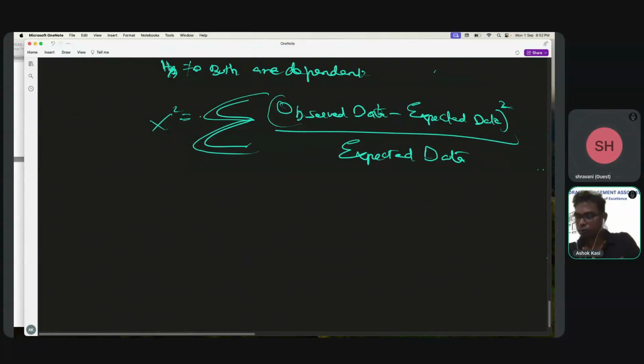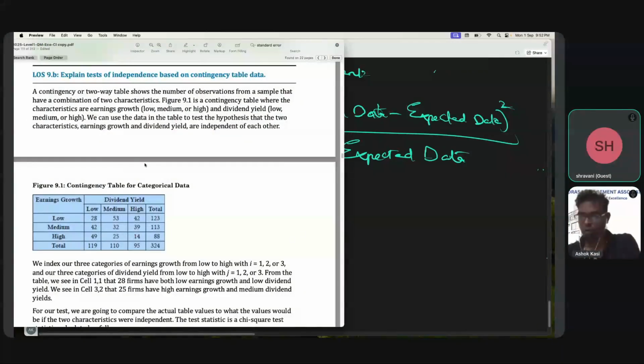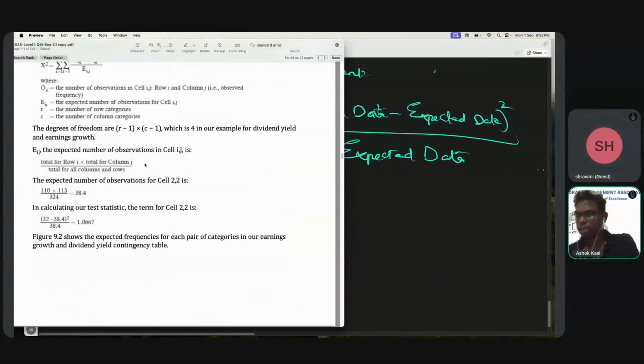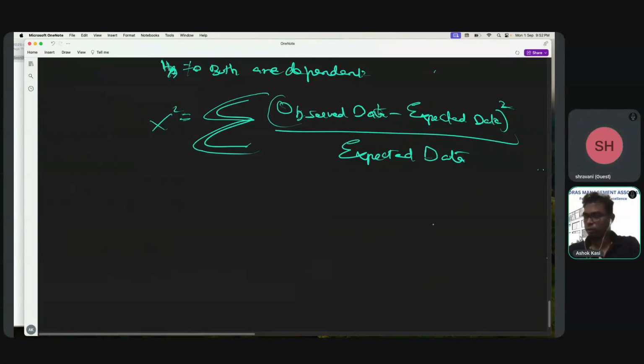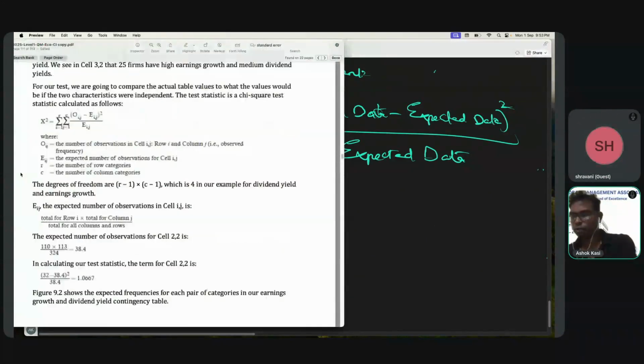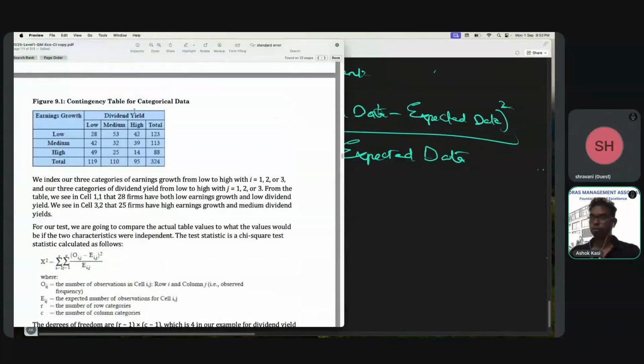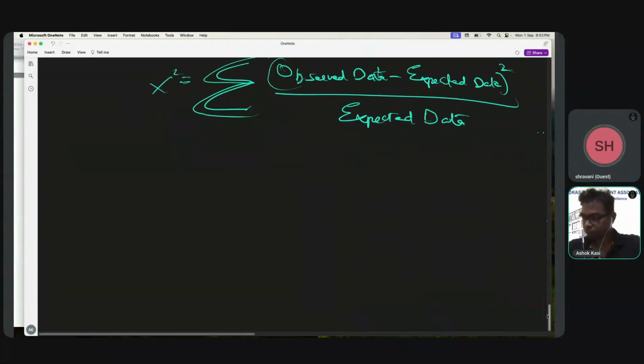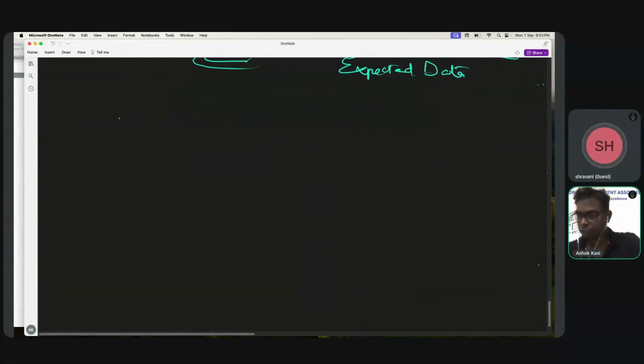So how do we do this now? It's a simple one only. It's lengthy but simple one. So first of all, I have the observed data. This is what is given to me, observed. Now I have to make expected data. So how will I create expected data now? So again, same way,